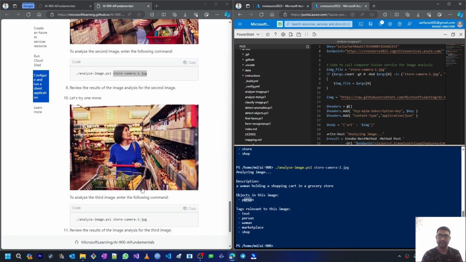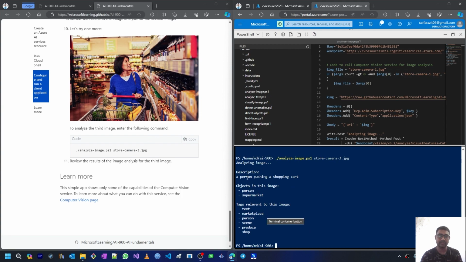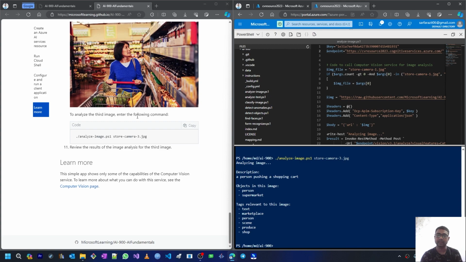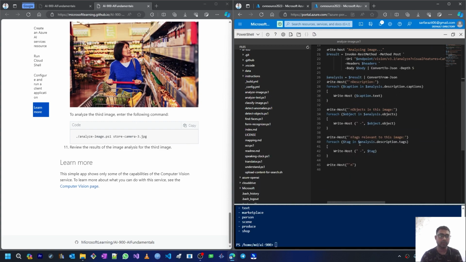Next, let's run it for the third image. In the third image we can see a person pushing a shopping cart. Yes, that is the case. Then we have a person and a supermarket store. The relevant tags for this image could be text, marketplace, person, scene, produce, and shop. So we can see now how this code written in PowerShell script is able to